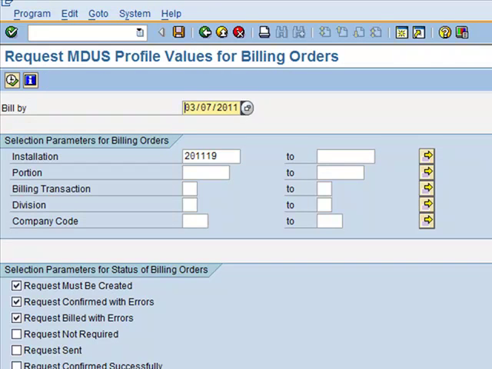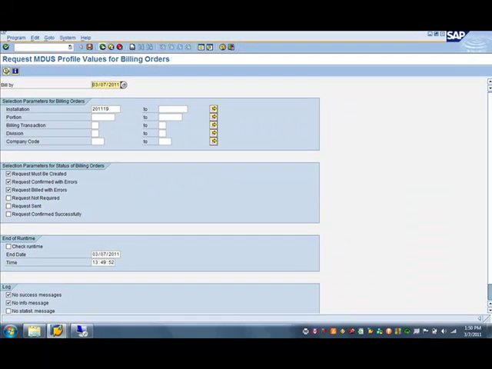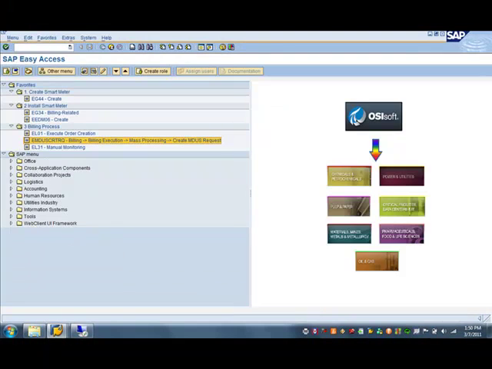A batch process will be used to create the order. We see that the batch process has been successfully executed, and the Utilities Gateway will now see a service request